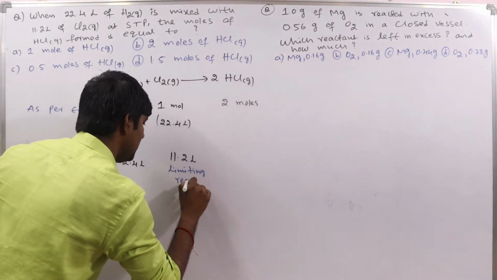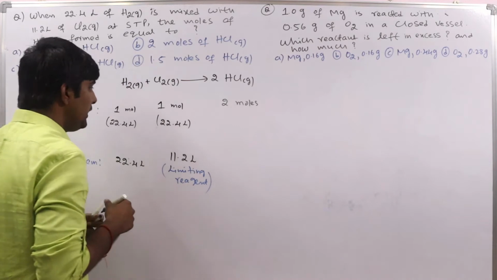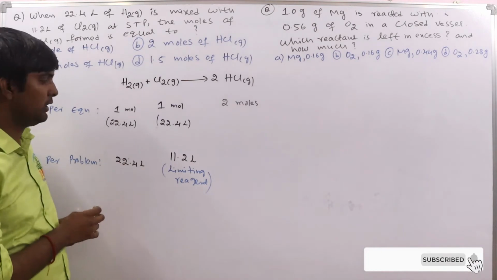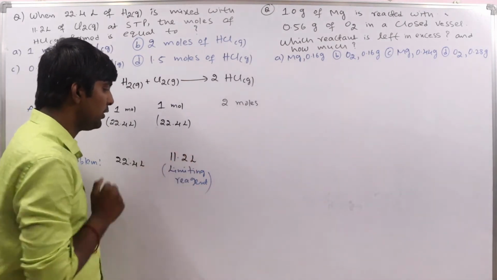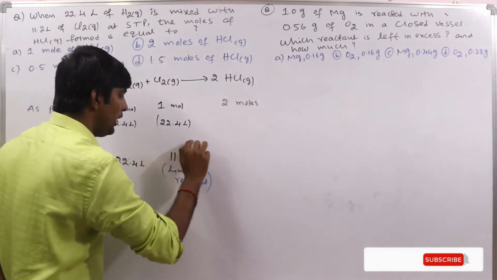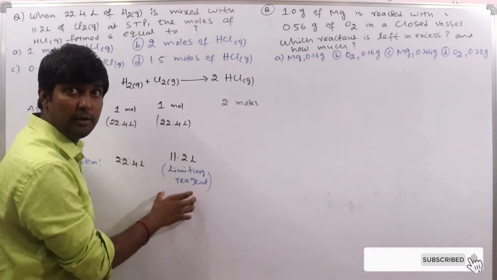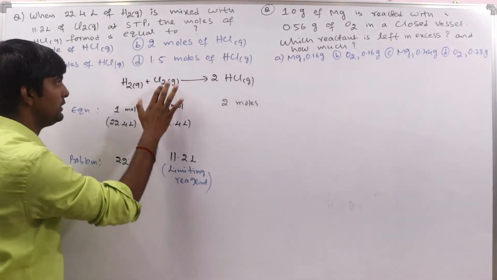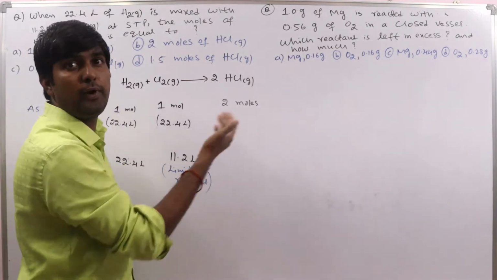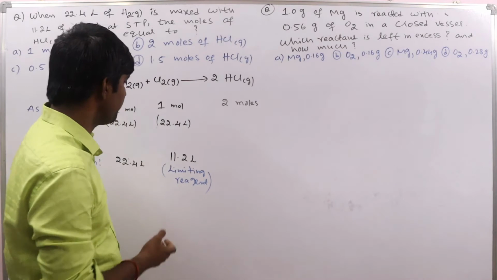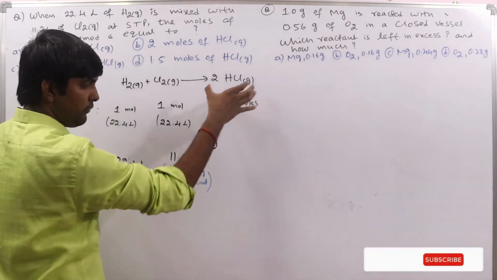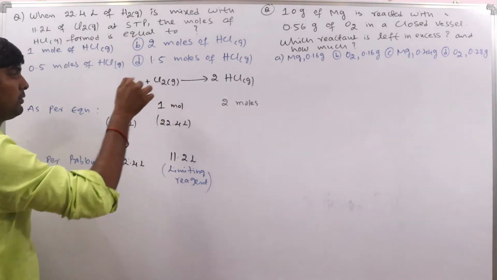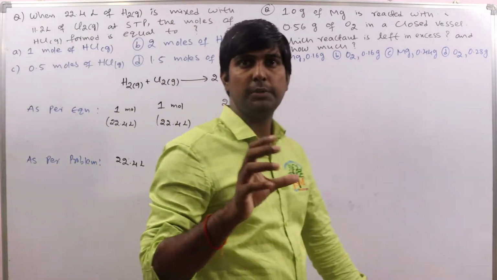This is the limiting reagent because we need 22.4 liter for 22.4 liter of hydrogen for the complete reaction, but how much is provided? Just 11.2 liter. So the amount of limiting reagent will decide how many moles of product should be formed, yes or no? Because after complete consumption of this Cl2, no further reaction takes place. So the amount of HCl formed depends on whose quantity? This limiting reagent, that is nothing but chlorine in this reaction. Clear?